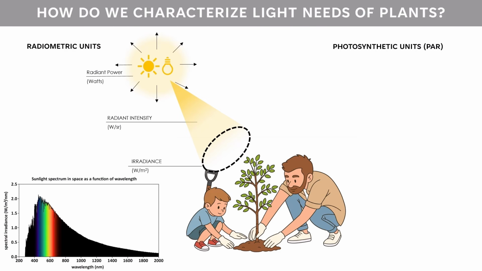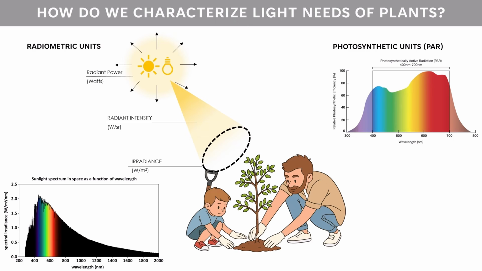Here we can see the spectrum of light that is included in these measurements, of which only a small part we can see. Now that's cool, but plants can't eat every wavelength or color of light. They can only eat light between 400 and 700 nanometers, and not every color equally within that range. So we apply a weighting of importance to those colors to get the photosynthetic photon flux, or PPF. This metric can be used to quantify the output of grow lights.